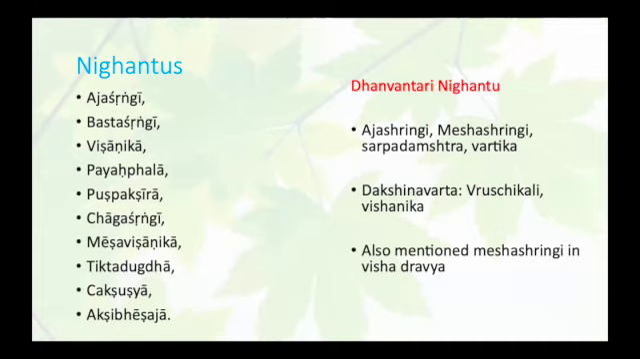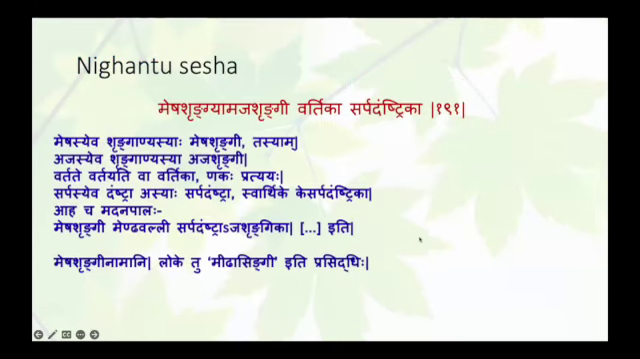And then the other one is the Dakshinavarta, which rotates only in the right direction, and it is called Vrishtikalya Vishanika. And he has also mentioned Meshashringi in the Vishadravya. And even in the Nighantu Shesha, we can find a few references. Meshashringyam, Ajastringi, Vartika, Sarpadamshtrika, where Mesha Syava Shringasya, Meshashringi,